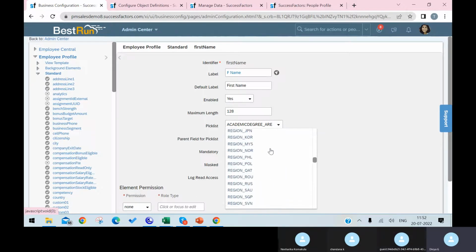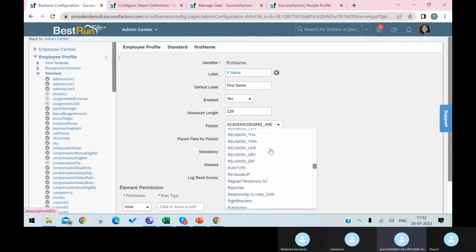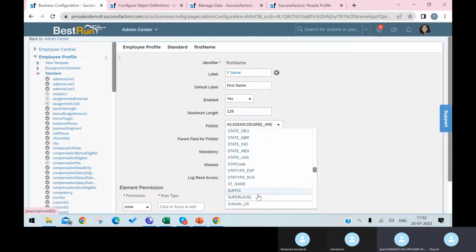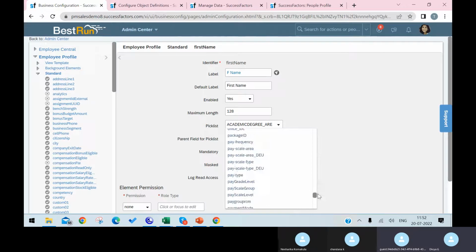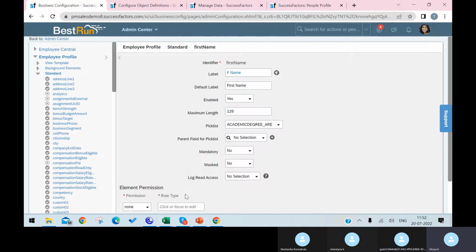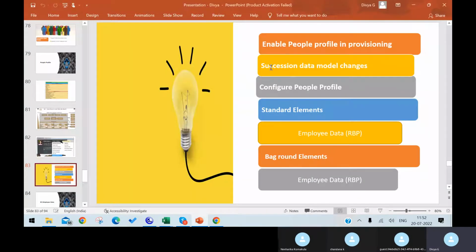Pick list IDs. Region. Yeah, these are all pick list IDs which we created there, no? That will be shown here. Anything would be there inside that. Yes, anything, location, anything would be there. And like that we'll create succession data models, changes in standard elements, and we can go to